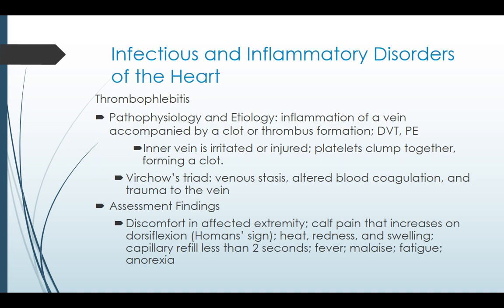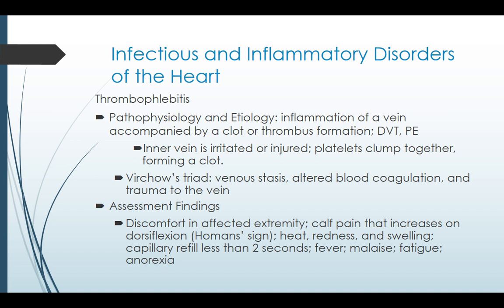Okay, thrombophlebitis. Most people don't associate this with the heart, but thrombophlebitis is the formation of a thrombus, also called a DVT, a deep vein thrombosis, and it can cause a pulmonary embolus, a PE. The inner vein is irritated by injury, and platelets clump together, forming a clot. Virchow's triad: venous stasis, altered blood coagulation, and trauma to the vein. That's what the